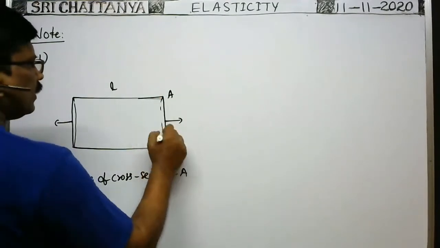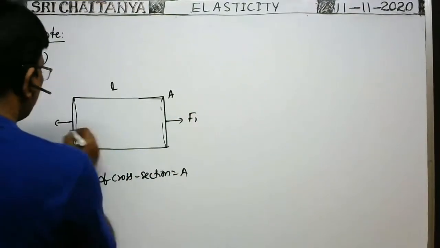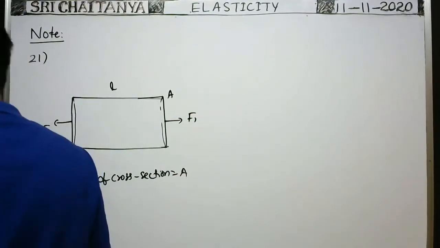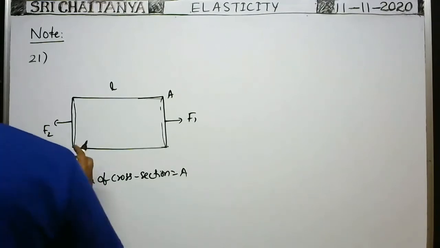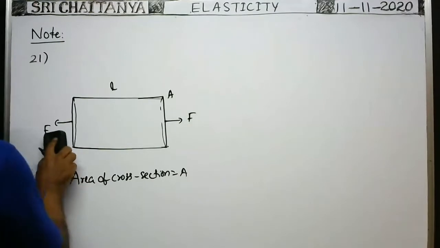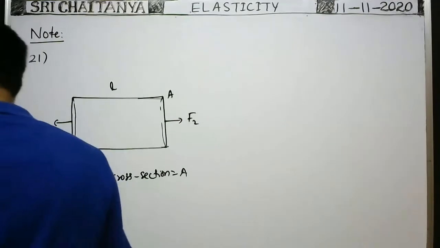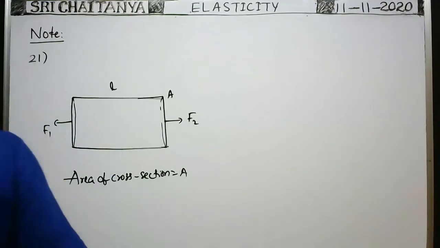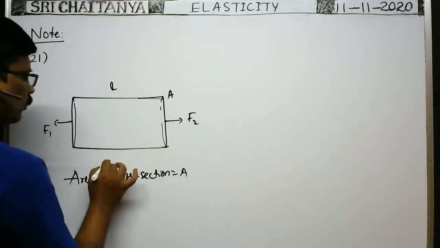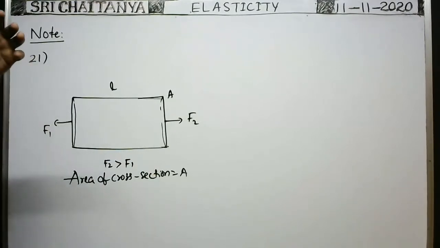Now here, this end of the rod is pulled in this direction with a force equal to F1, and this end is pulled in this direction with a force F2. This is F1, this is F2, because in the book I used the symbols F1, F2. For our convenience, suppose F2 is greater than F1. Now what is the acceleration of this rod? Because of the application of these forces, what is the acceleration of the rod?